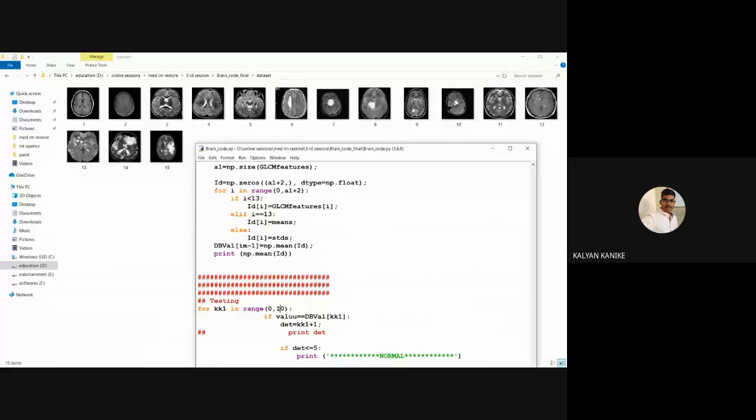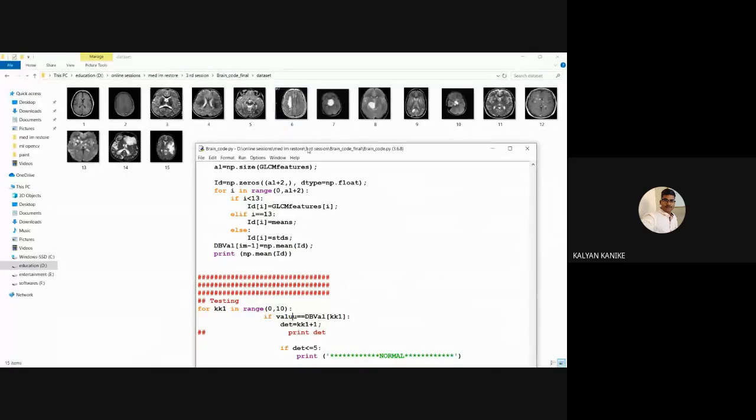We have given some range information. So here the input image value, for which image it is matched in the database, whether it is matched with one or two or three, four, five, six up to 10. So where it is matched, it is finding.